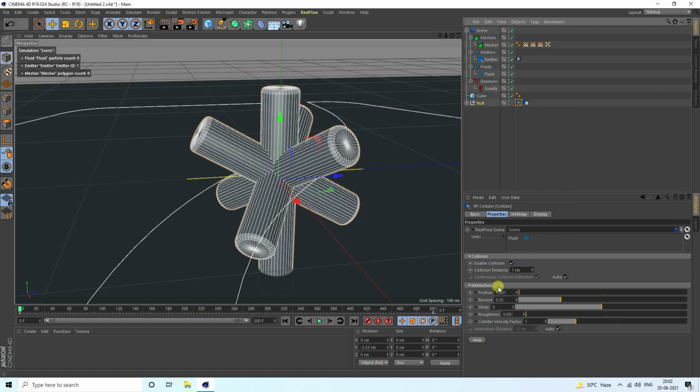Yes, and guys, collider density, this one I like 0.1. Yes, and friction 0.5 is good. Yeah, and decrease bounce, this one 0.1. Yes, see guys, that's my simple setting, right? Okay, so now guys, save and play.